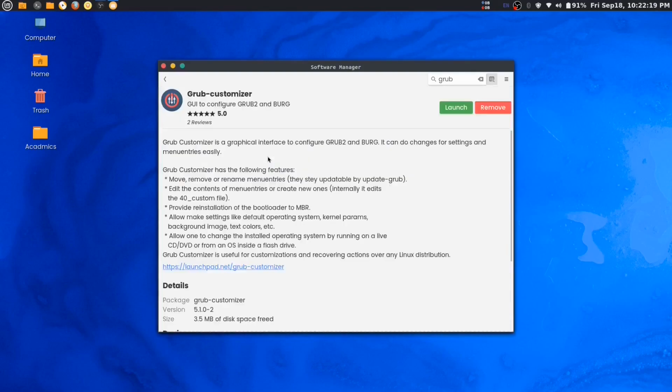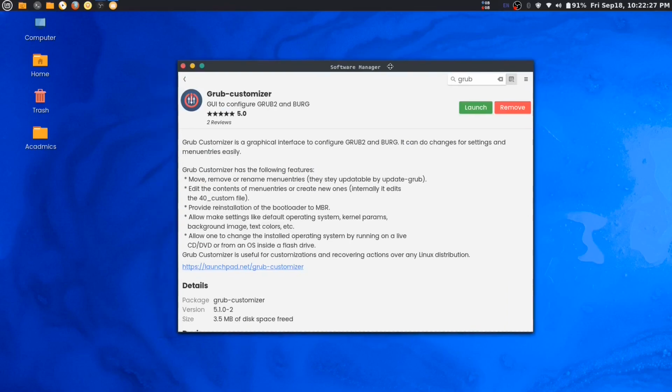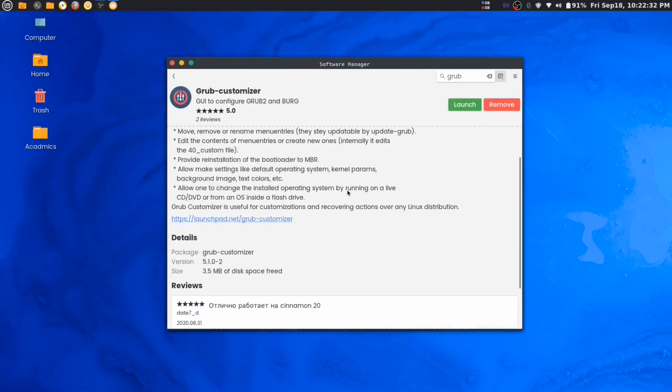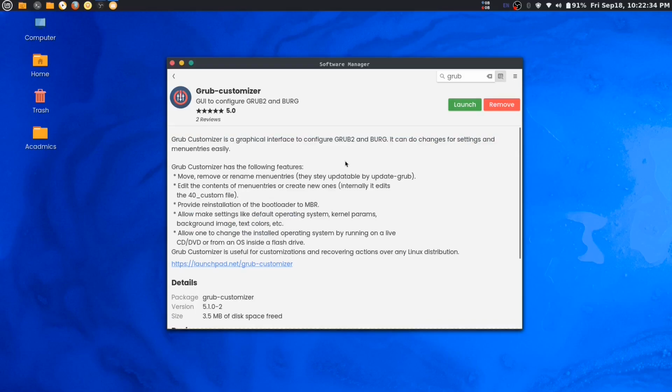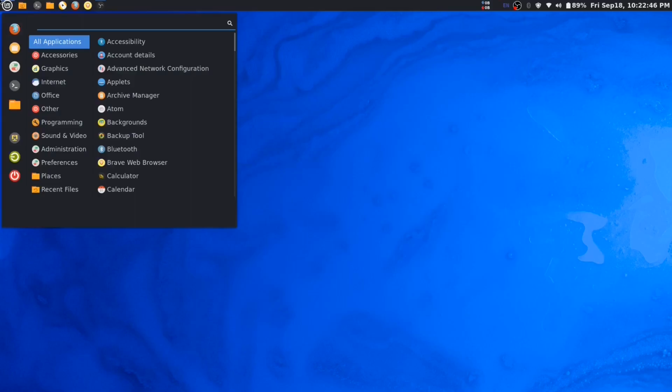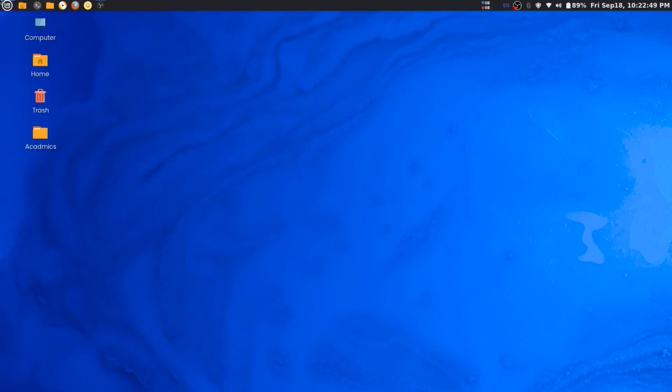For those who don't use Linux Mint, I suggest you go to the description. I will provide a link where I give some terminal commands that you will need to run line by line, so that you will be able to install this. After you install, you just need to open it. So let's open Grub Customizer.